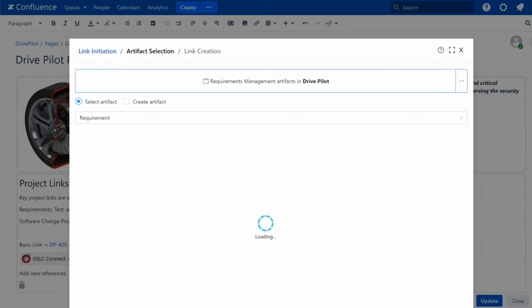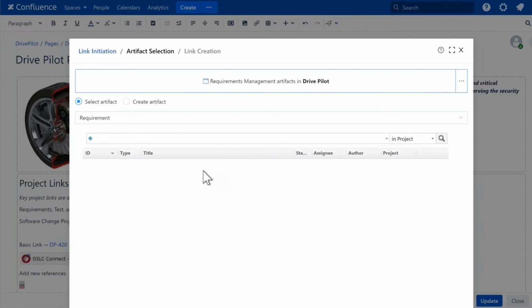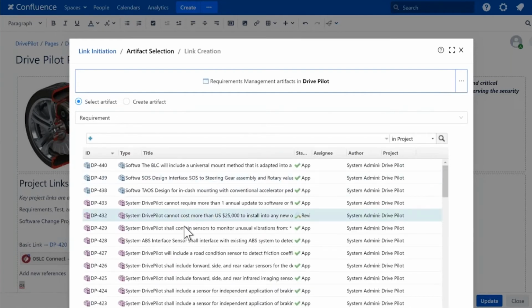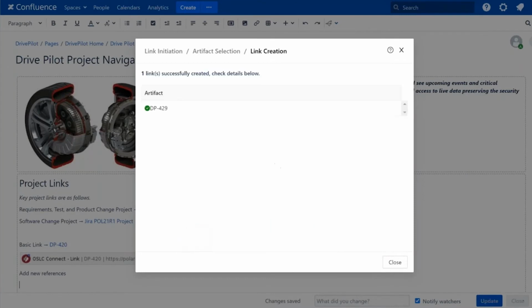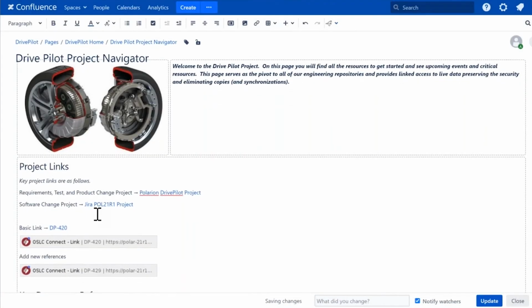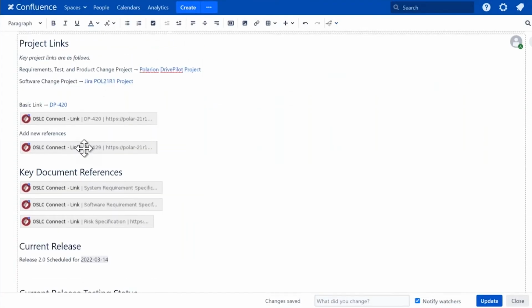And it's going to make this request over to Polarion, and Polarion is going to provide me a list of requirements that I might want to interact with and select. And so once it presents me this list of artifacts in here, I can go ahead and pick one of these and make a dynamic link. And it simply is just selecting the artifact. I now have a link to it. Now, the other nice thing about here is that I can actually preview.